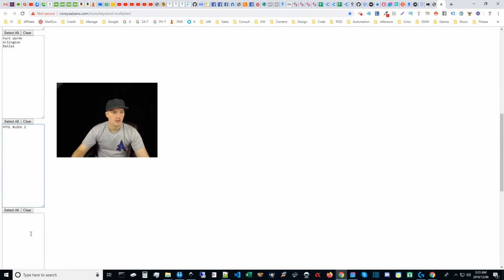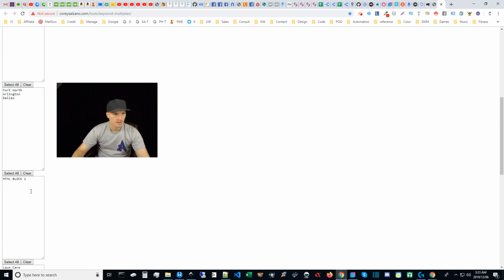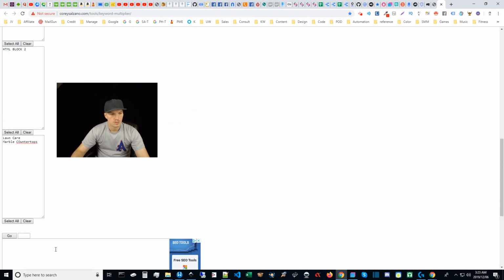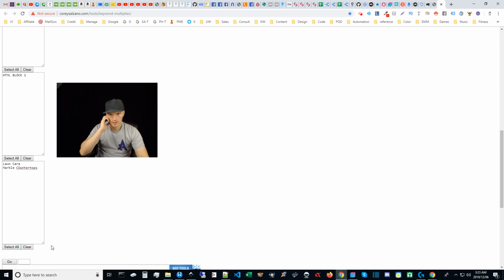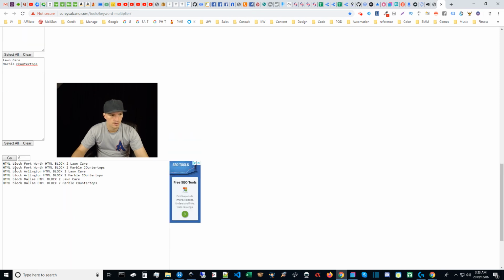2. And then let's say you had another variable you wanted to set, like lawn care or marble countertops, whatever. And then you had another HTML block. You could use a simple thing like this to do something like that, but you could also use the command line keyword multiplier that I provided in the tip section of my blog. So if you check that out, that one's capable of doing a large amount of information, and basically you can just click go and it'll mash all those variables together with that generic HTML. So this is kind of a very ghetto way of